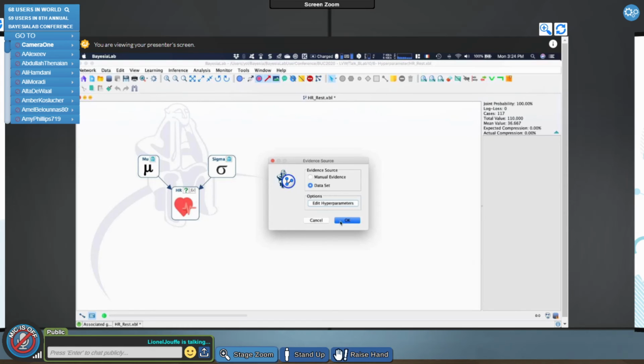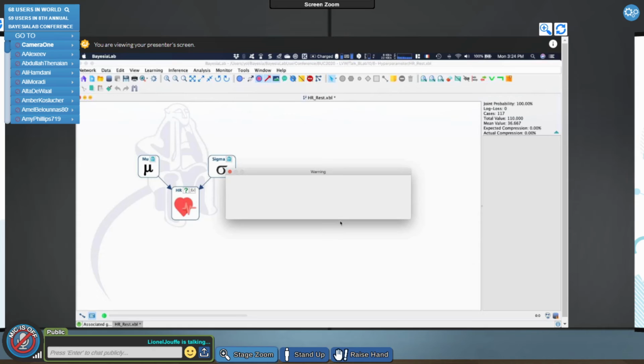and then I can open this, and I have a warning here. And this warning, as you can see, is almost the same one as the one I described for the dynamic Bayesian network. At the end of the day, hyperparameter updating and the compact representation of a temporal Bayesian network are very, very close, right? Because it's like having time here.